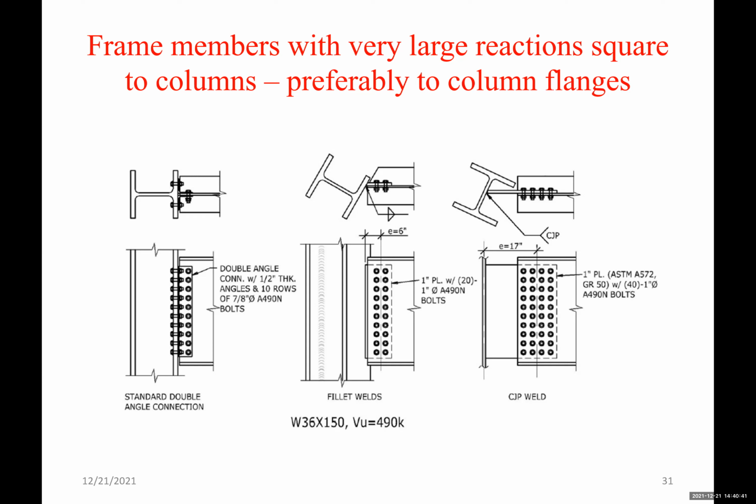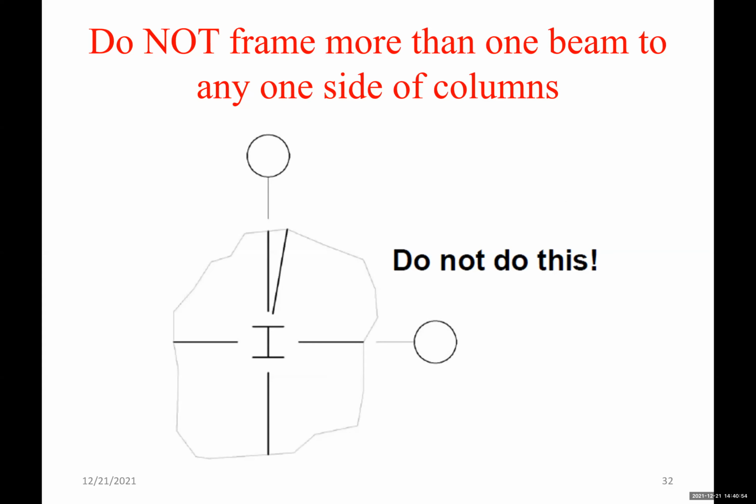Okay, so these are the consequences of using skewed columns and maybe framing into the web versus framing into the flange. Of course, this is whenever possible. Do not frame more than 1 beam on one side of the columns. So on the drawings, we see things like that, right? We have a column, we have a beam, and then we have another skewed beam that's framing into the